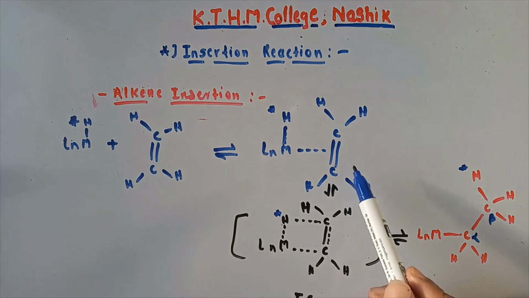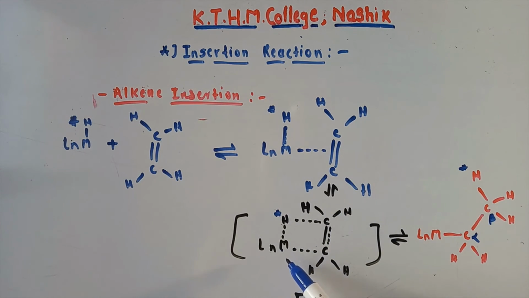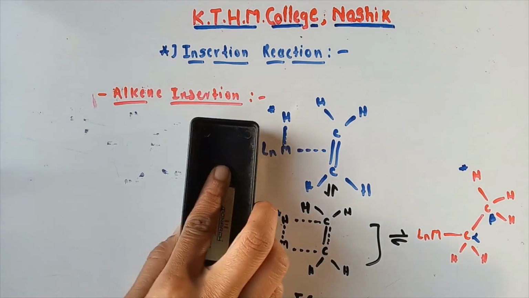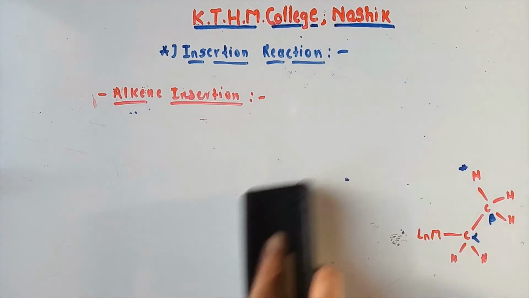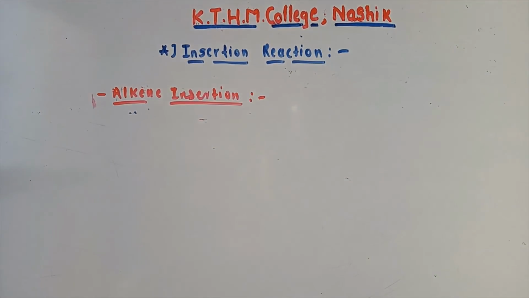This is the mechanism for alkene insertion. First there is formation of a four-member transition state between the alkene, the metal center and the hydrogen, and then in this transition state there is transfer of this H from the metal center to the beta carbon. This is the insertion reaction of alkene. And let's see what the beta elimination reaction is. That is not our part, but only for our convenience.